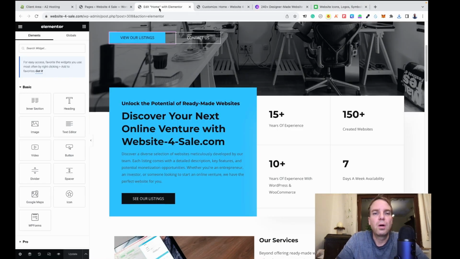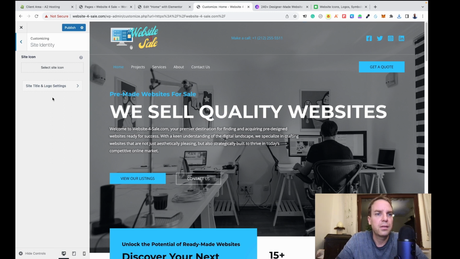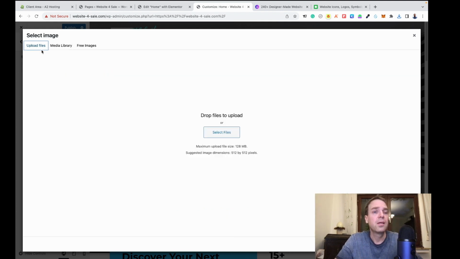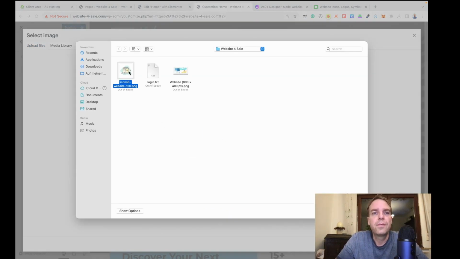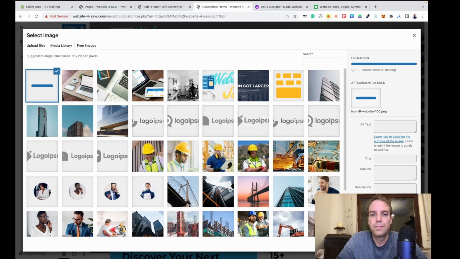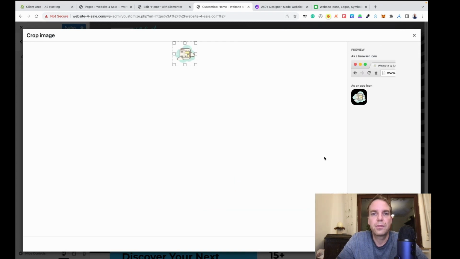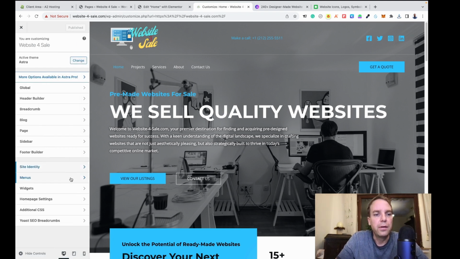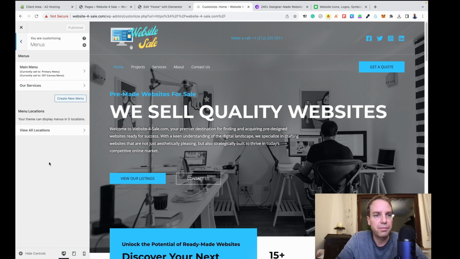Then let's go back to our website, customizer tool, and then you click on select a site icon, and now we can upload the downloaded icon. There it is. Open it. Yeah, and select, and crop image. So perfect. Now we have a favicon. Then we click on publish. Of course, don't forget to click on publish if you make any changes. Great. Yeah, here we can specify the menu,